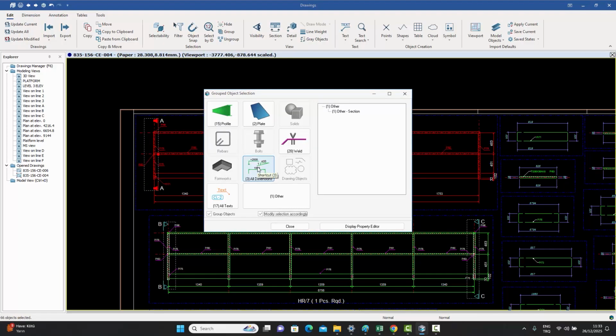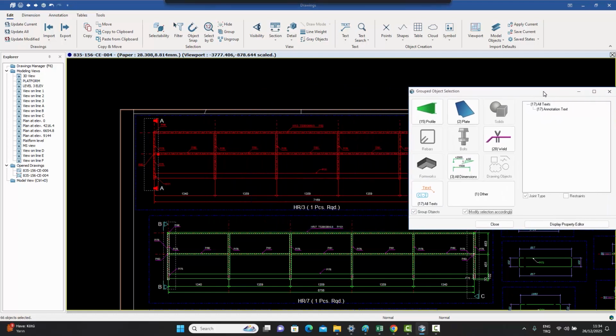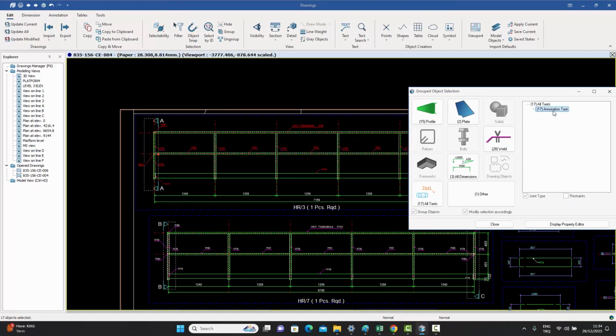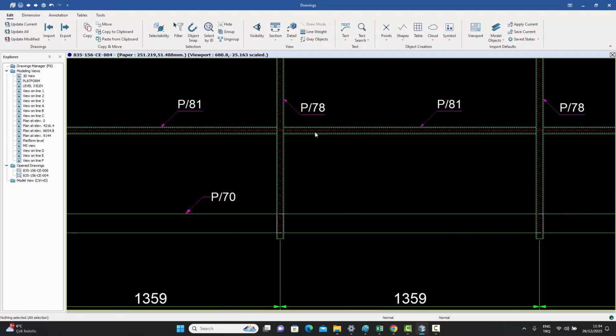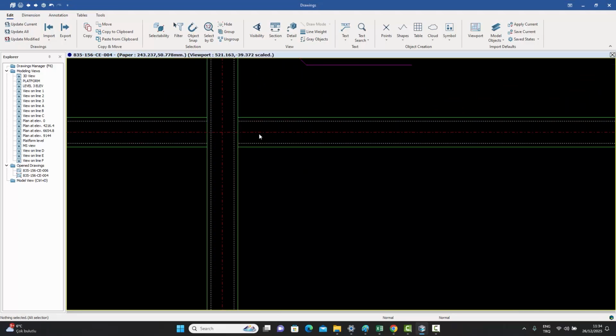If you come over here, there is text over here, and text could be manually created text, but it could also be annotation texts. Most of the text over here is annotation text. So you could select all the annotations in one single go, and then make any modifications, for example, move them or change their style or font size or anything which you wanted to do. So a very quick and easy way to change